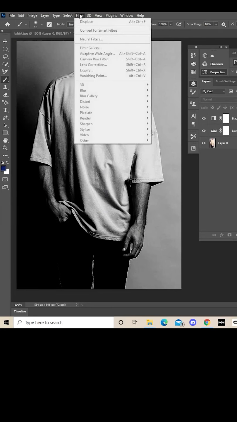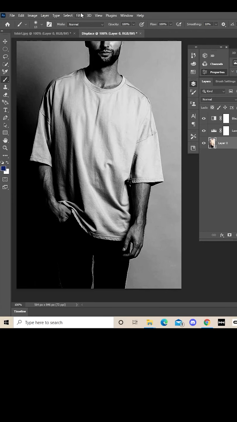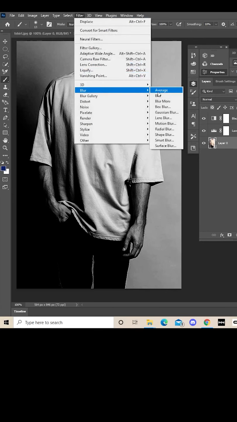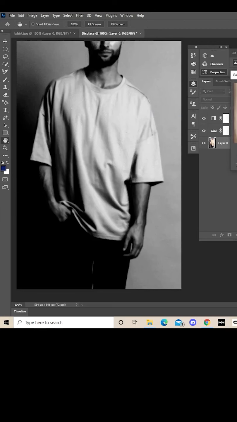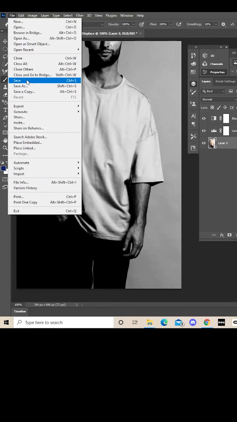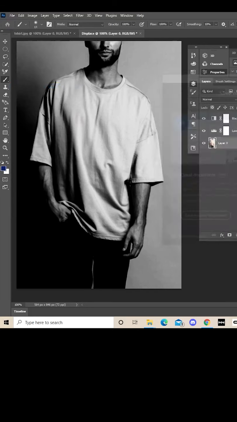So once I'm happy with that, I'm just going to soften it a little bit because I don't want it to be too harsh. So I'm going to add a Gaussian blur, just maybe by 1 or 2 points. Save that and then put it somewhere where you know where it is,